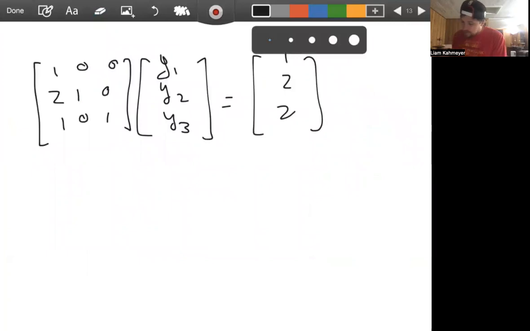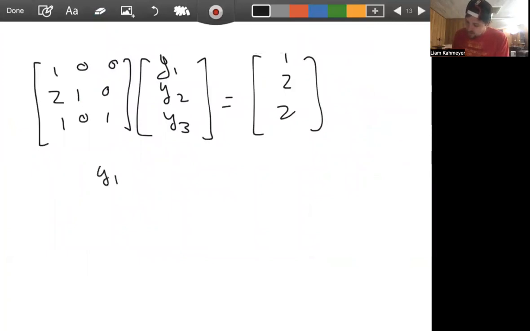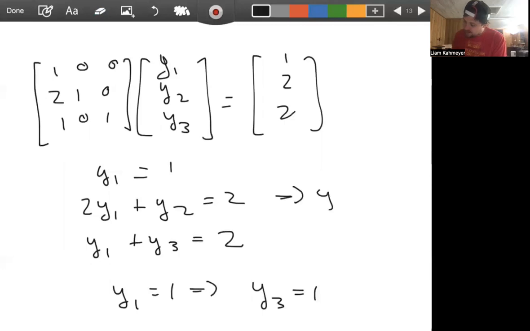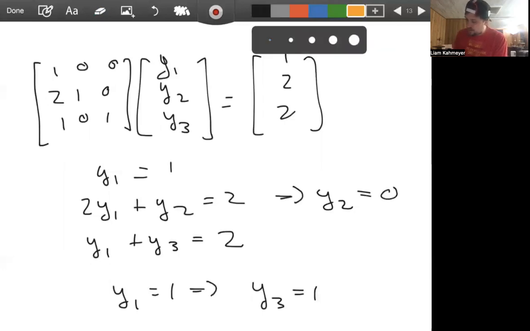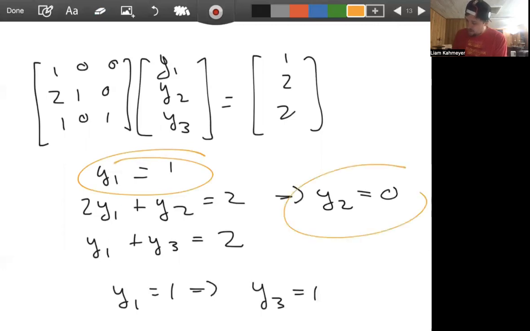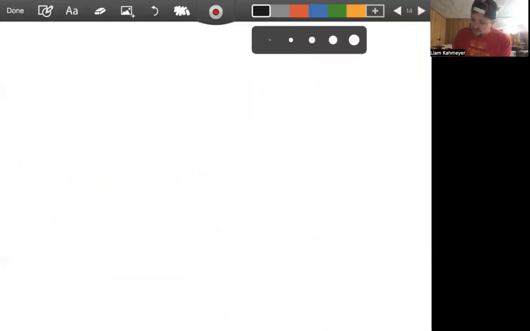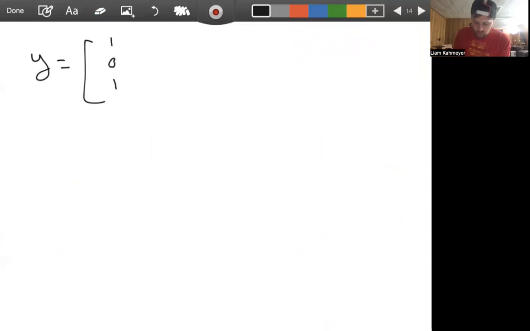Well, then, what does this mean? We get the following system: y1 equals 1, 2y1 plus y2 equals 2, and then y1 plus y3 equals 2. Well, if y1 equals 1, then that implies that y3 equals 1, and then that implies that y2 equals 0, right? And so we have y1, y2, y3, and so really, then we have that y is 1, 0, 1,